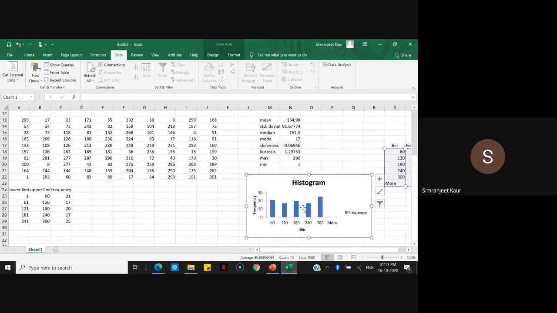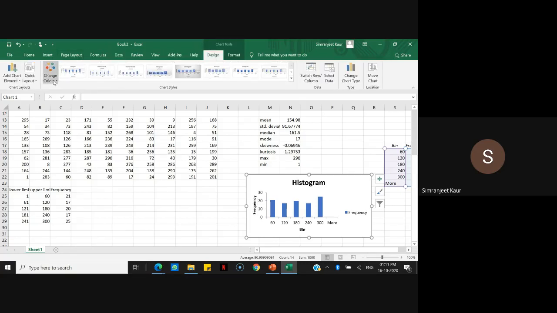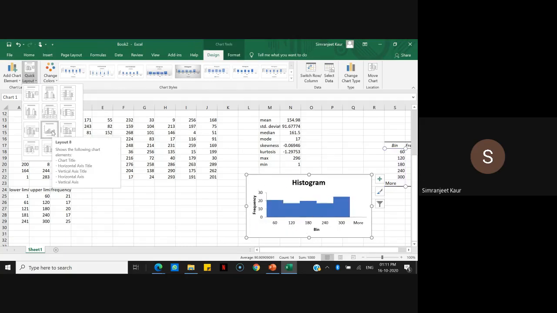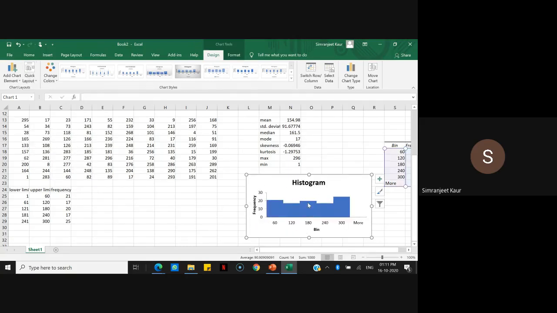But technically histograms don't have these spaces in between. So that means we need to edit it, right? So if you go to your design tab, go to quick layout and we can select this one, right? Then you can edit the labels. You can change histogram as number of earned leaves and frequency and bin. All this you can do, right? You have different formatting options here.